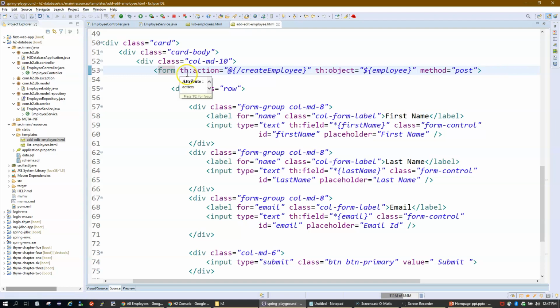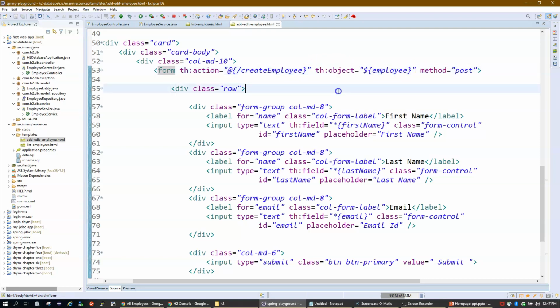This is similar to the other form, it has got an action. In Thymeleaf we use th:action, and this particular method will be invoked on click of the submit button. Now the good part of the way we work with Thymeleaf is the th:object. It contains your model class, and the method name is post. So do not worry about the Thymeleaf attributes. I will discuss each one in the coming videos.